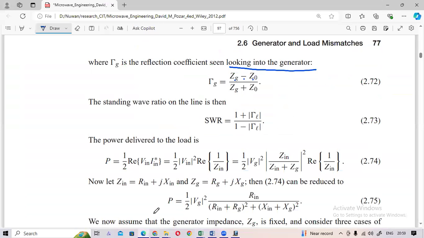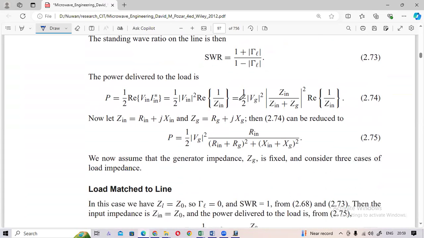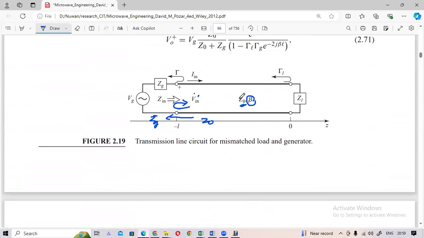All are the same. Here they consider the other direction, like this. Now there is another one: the power delivered to the load. Power delivered to the load means, okay,